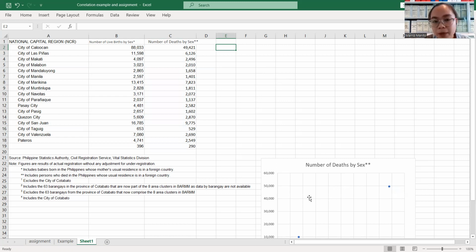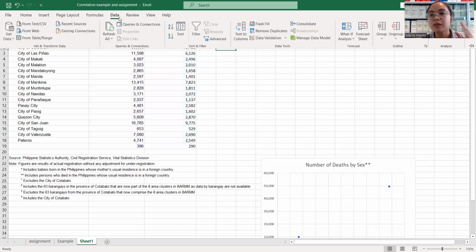So now let's identify the correlation between these. Since we're done with the plot, let's get the result of the correlation. We discussed the formula, di ba? In order to get the correlation, you first get the z-scores, and then you proceed with the correlation. Here in Excel, it does not show the formula. Automatically, if you click it, the correlation between the data is solved right away.